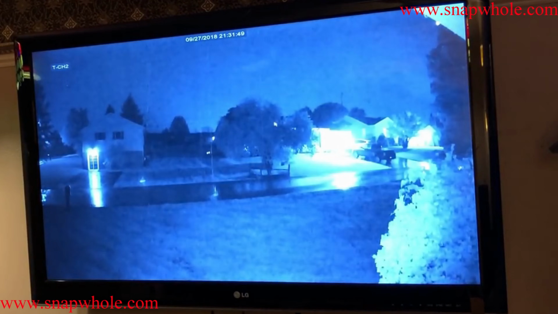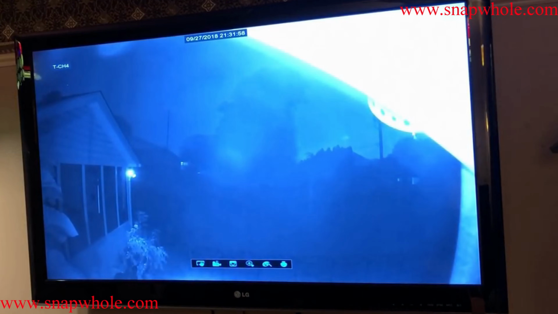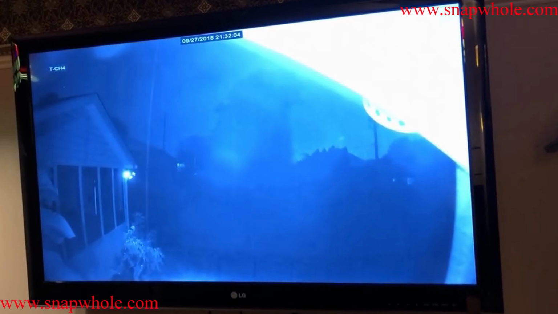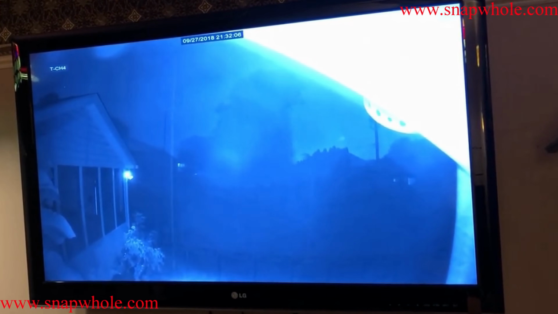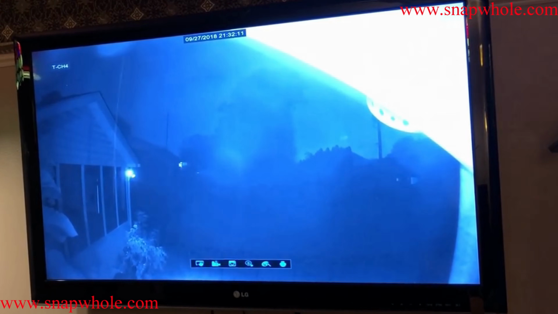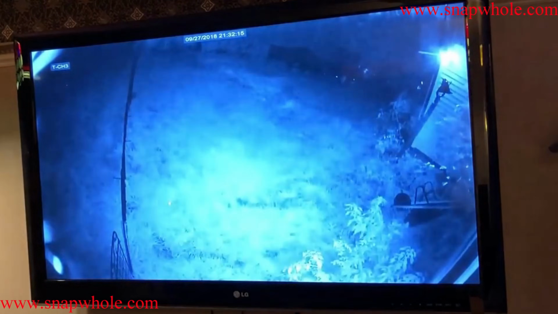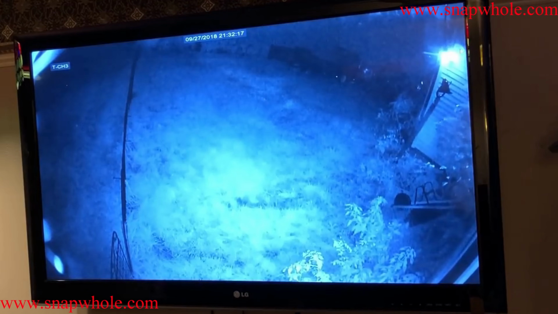There's the front of the house. There's the eave. It's white and it picks up a huge amount of light. And what's funny is how it's picking up the other camera that's mounted on the back of the sunroom. And by the same token, this one is picking up the other camera that's mounted under the eave of the